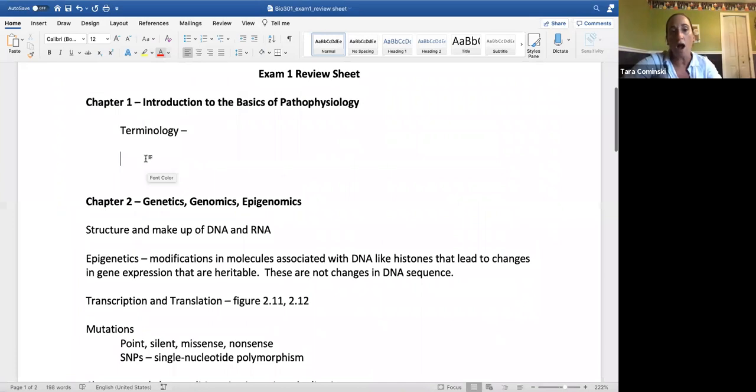So for chapter 1, I want you to add in all that terminology that I mentioned in the recorded lecture, and that are in bold in your textbook, and define it. Okay. And you can add in any other notes that you think are going to help you study for the exam. Right? Does that make sense to everyone? You're not going to have to submit that yet, but remember, we will be submitting that before the exam.